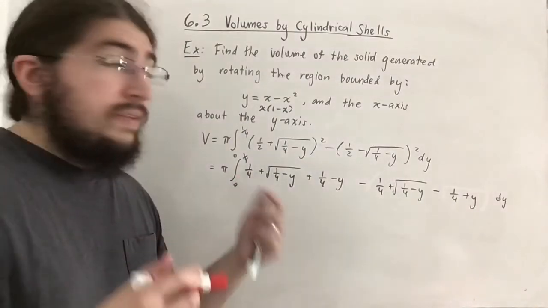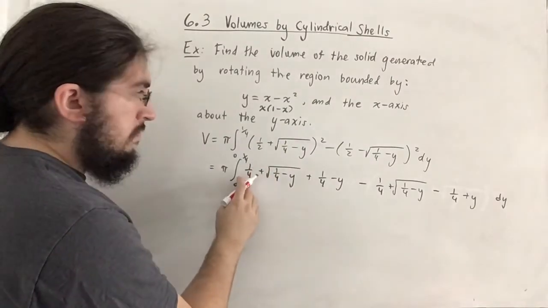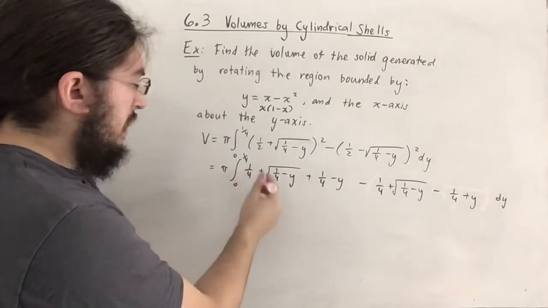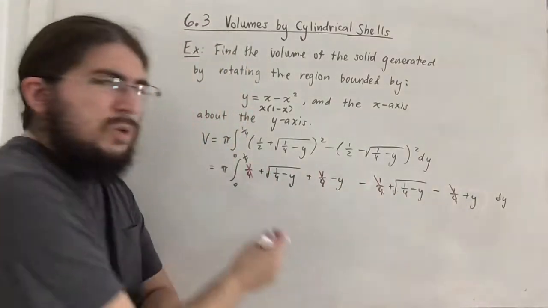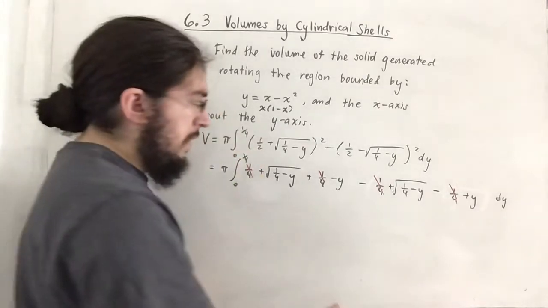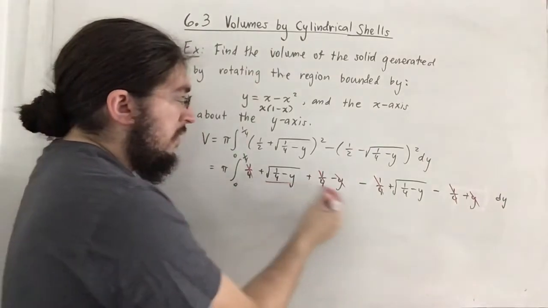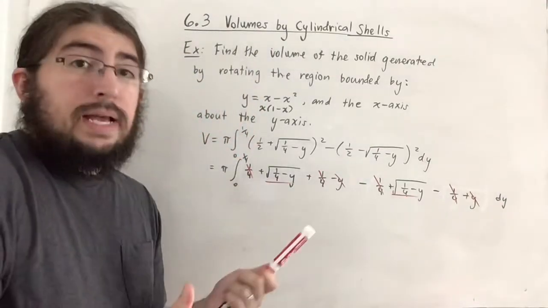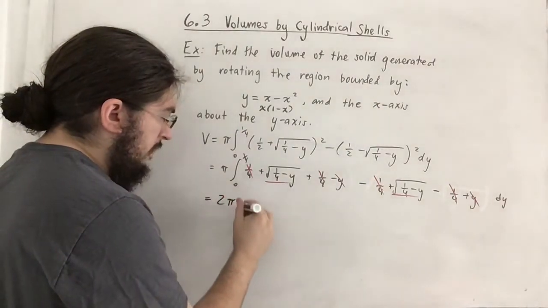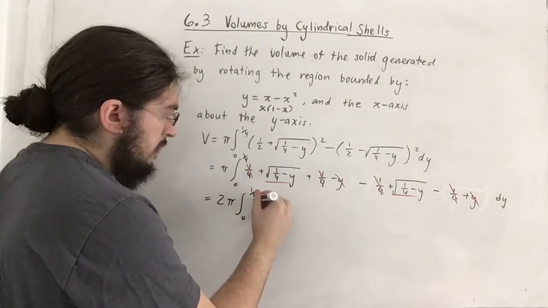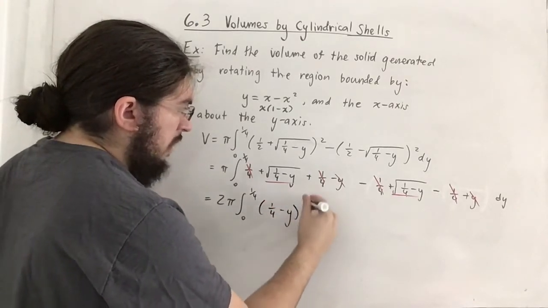And we do actually. Everything except for the radicals cancels out. The 1/4, yeah, that's kind of funny, but the 1/4 cancels with this 1/4, and this 1/4 cancels with that 1/4. So you could combine to get 1/2 and negative 1/2, but that's okay. And the y's cancel. And we're left with these two that are actually the same, so we can combine them as 2 times that radical. But 2 is a constant, so let's pull it out of the integral. So now we have 2 pi times the integral from 0 to 1/4 of 1/4 minus y to the 1/2